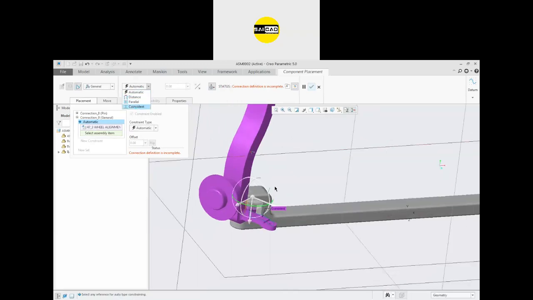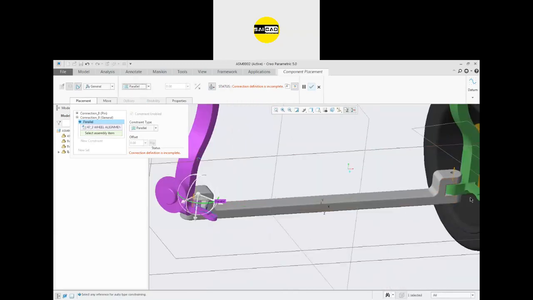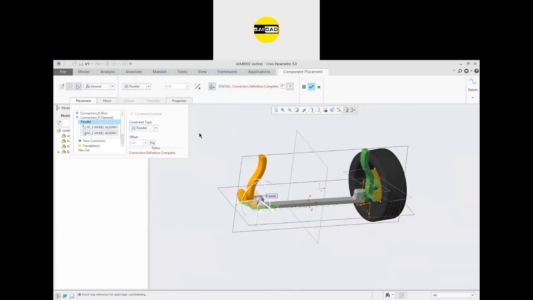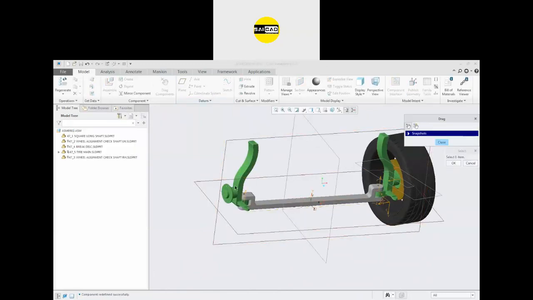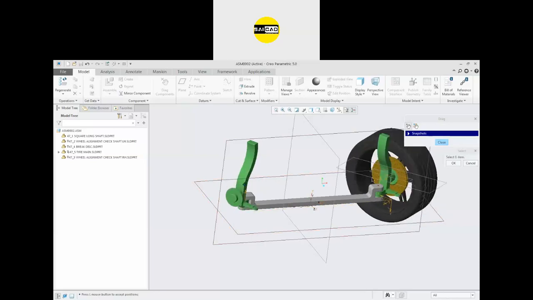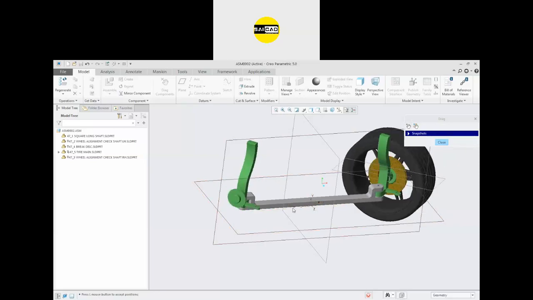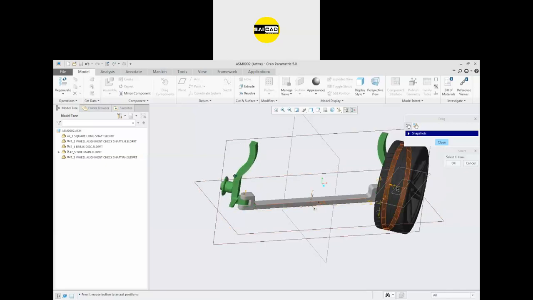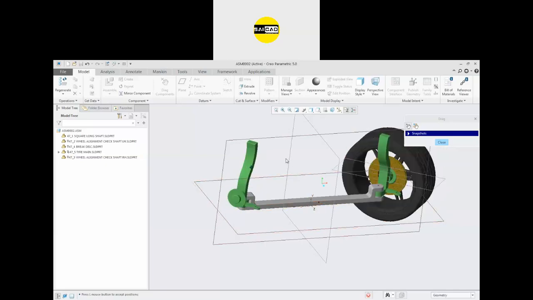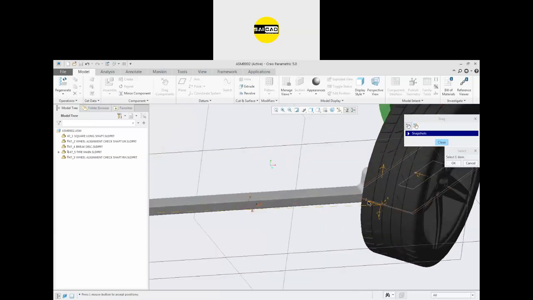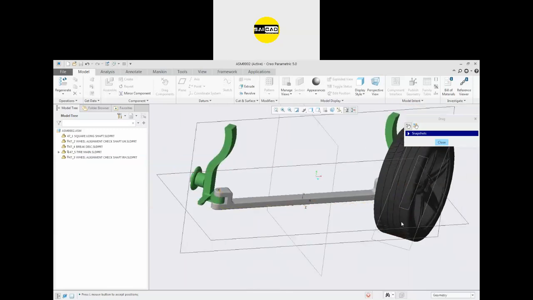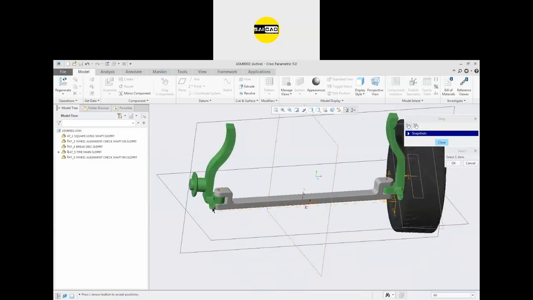It should be coincident, sorry, parallel to this face, and you will see, if you see here, the connection definition is complete. If you click OK and drag a single component, the other component will also rotate. And now you can see this component will rotate according to the angle provided to this one. It cannot rotate 360 now, because we have a limitation here. You can see there is the limitation. This is the general constraint. This is the rotation. So we can just rotate this component, and there is general, that is just controlling the rotation of both the products.